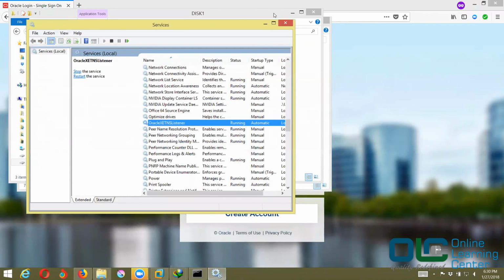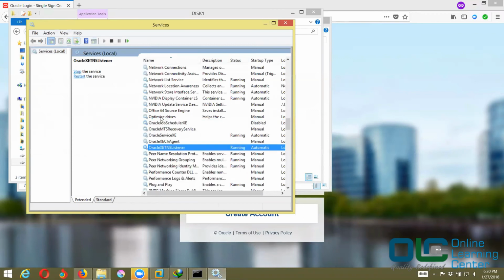Okay, so once all those things are done, you will get this final dialog box which says finish, and your Oracle is successfully installed. Okay, now let me go back to the services again. Do I need to refresh? I may have to. Okay, now if you see, you got a couple of Oracle services here, out of which all you need is Oracle Services XE and Oracle XE TNS listener. These two should be up and running. If one of them is not running, please run it on your own. Right click and then say restart, start, stop, pause, whatever you want. So you have to make sure that these two services are running.